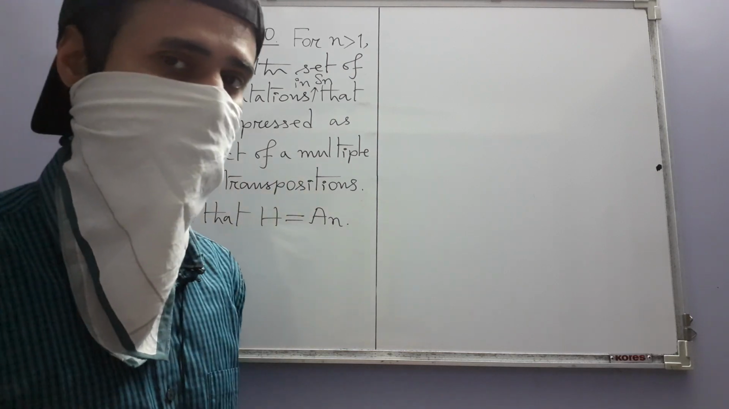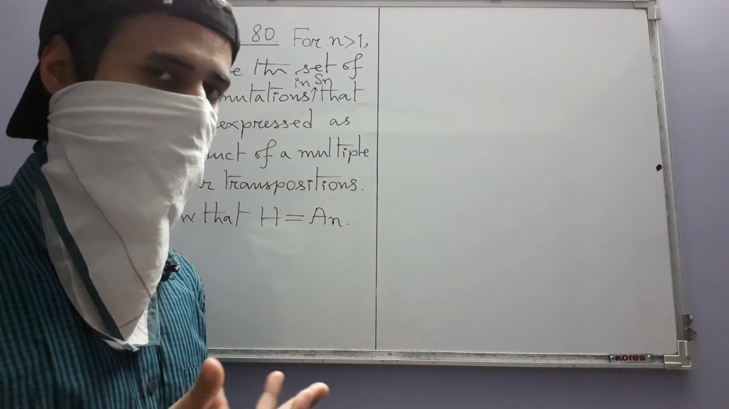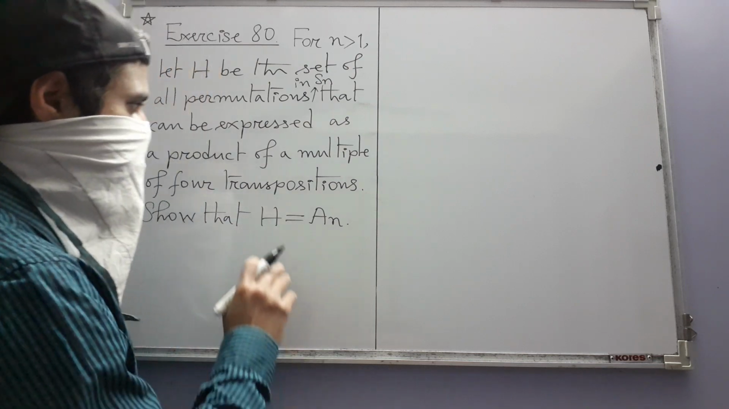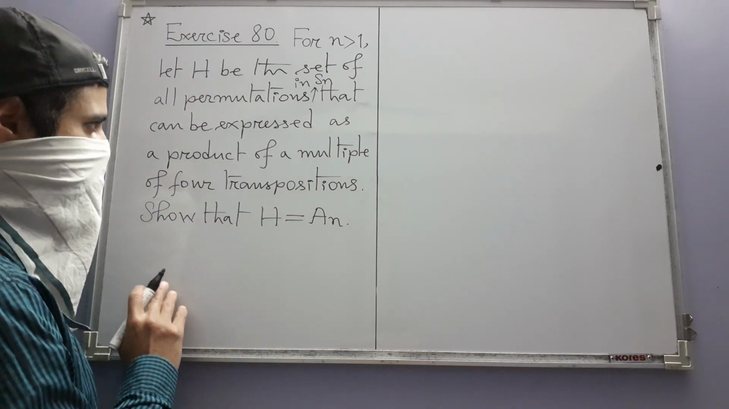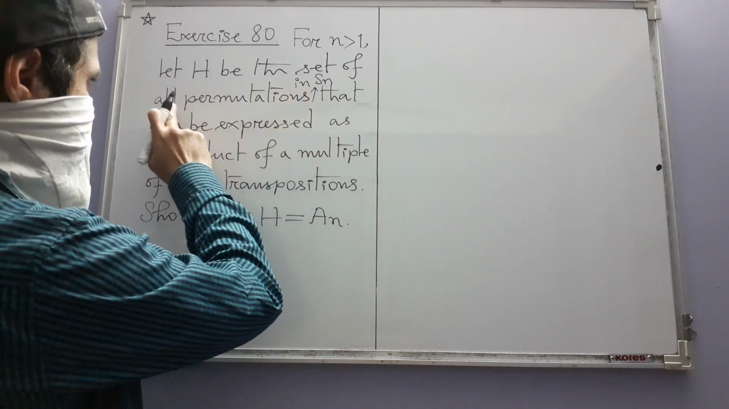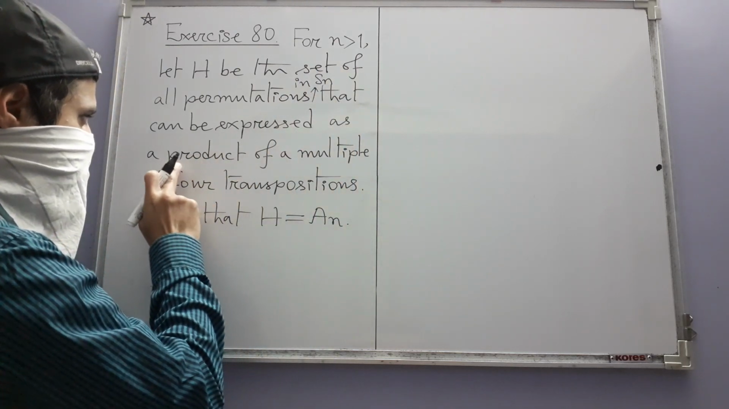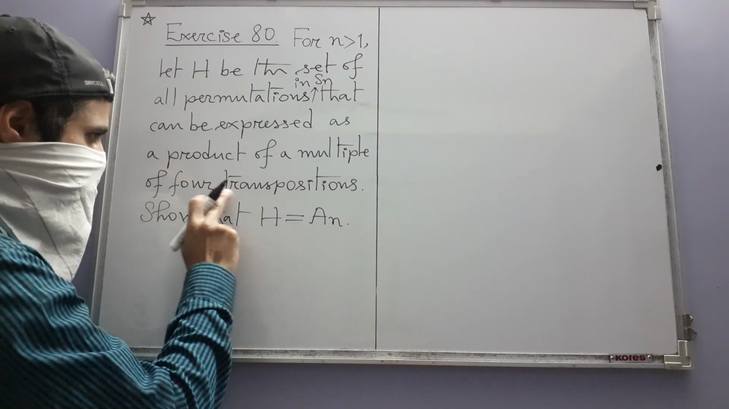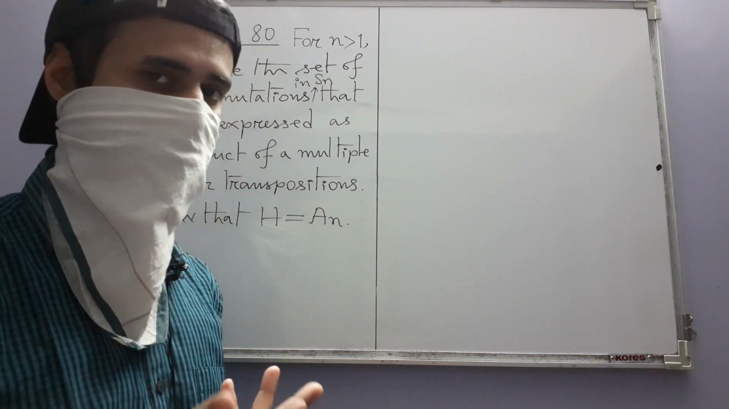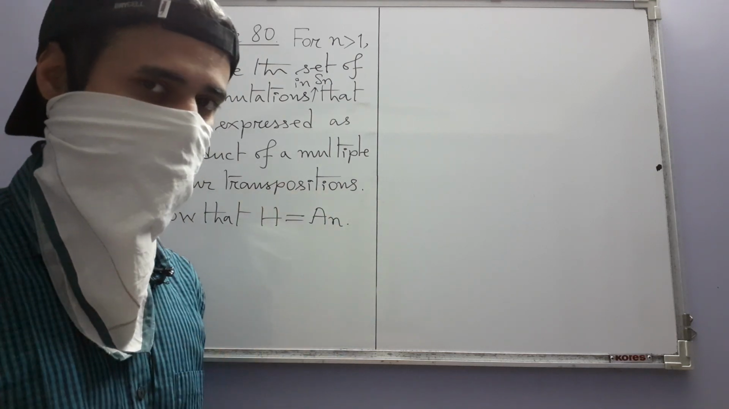This line is very confusing. In fact, when I first went through it, I did not understand what the author is trying to say. But after thinking for some time, it came to me what the author is trying to say here. Let's just read the line once more. Let H be the set of all permutations in Sn that can be expressed as a product of a multiple of 4 transpositions. At once, it seems meaningless, it looks like something is wrong with this statement,